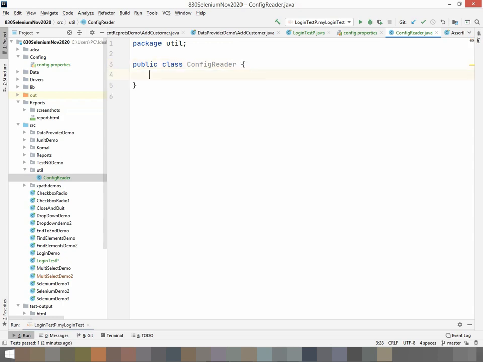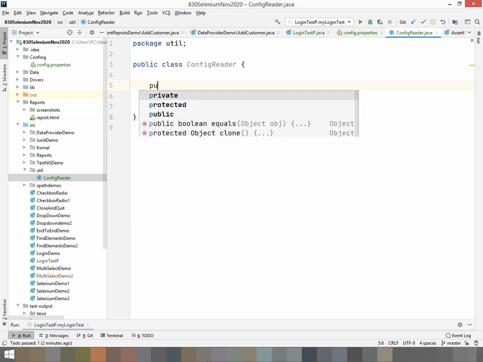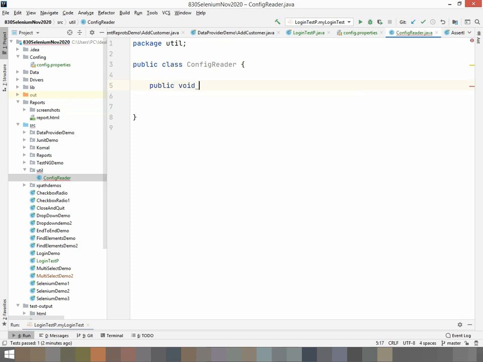To read any properties file you have to use a Properties class. Let me create a method here. Later on I'll optimize the code, but let's write it here. So public void, let's say get property object. Here I will create a property object.